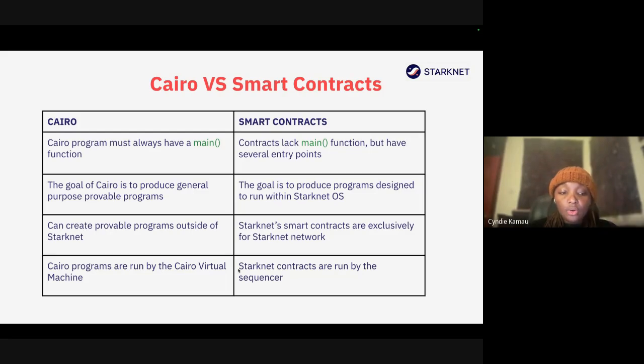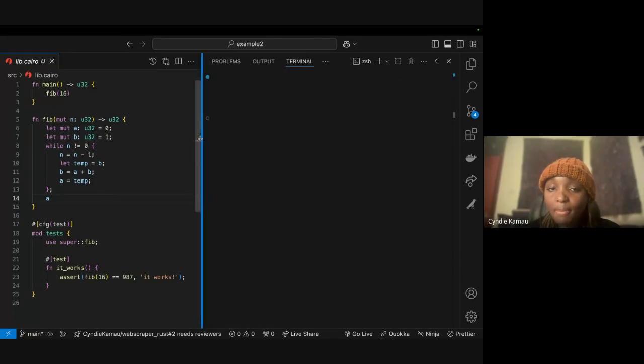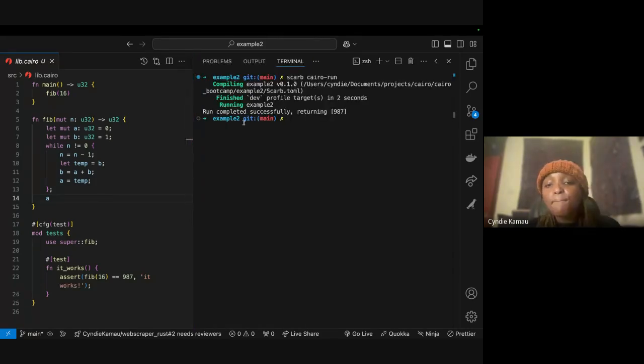One more important thing to note: Cairo programs are run by the Cairo virtual machine. When you see me run Scarb cairo-run, and it says compiling, finished, running, behind our program is something we call a virtual machine. A virtual machine is just an environment that helps you compile your code and convert it into machine code that your hardware can understand.